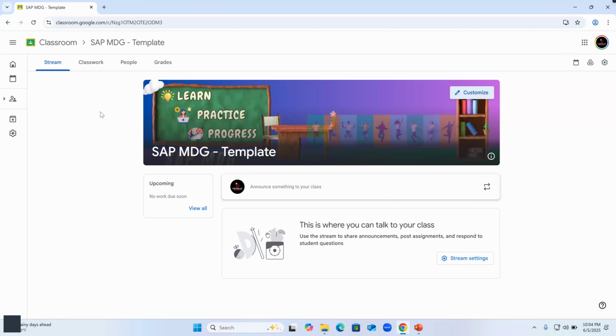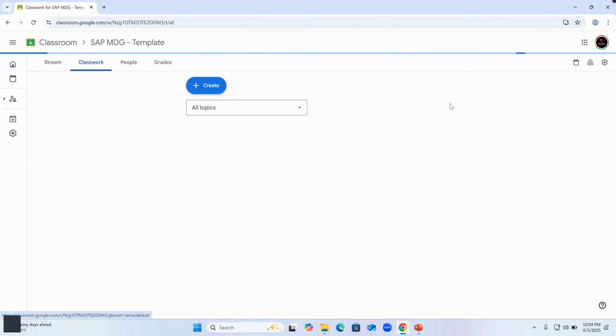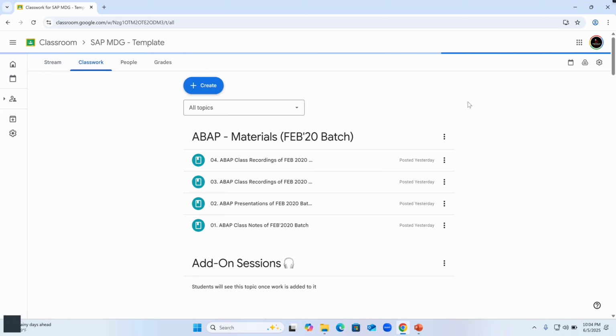Once you enroll in the course, you will get access to this. This is the home page where you can see all the announcements, and this is the classwork where you can see all the class recordings, and if there are any reference materials, study materials, assignments, server access, everything you can see. Here you see,